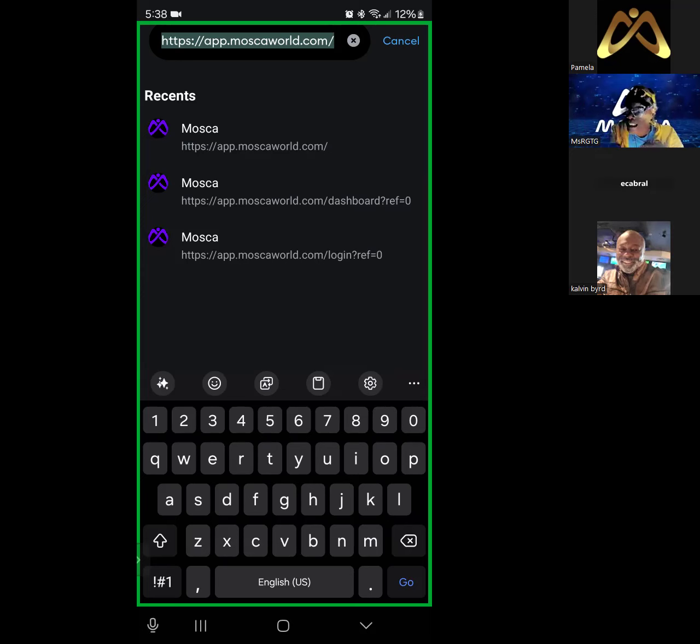You're going to go into the email and tap get started. Once you tap get started, it's going to bring you to the Mosca page. Go up to the address, just like it appears here, and check the address to make sure that your inviter's referral code is at the end. So it should read